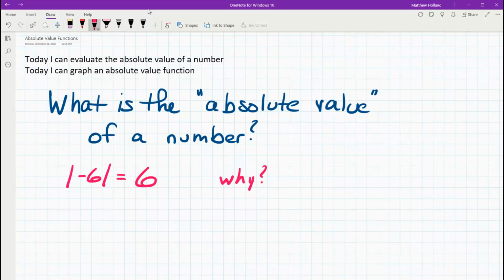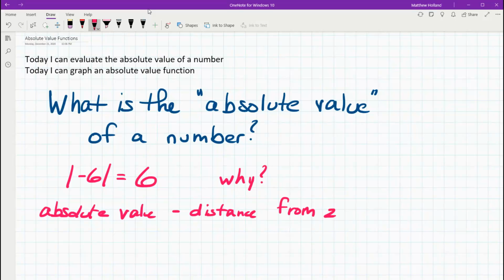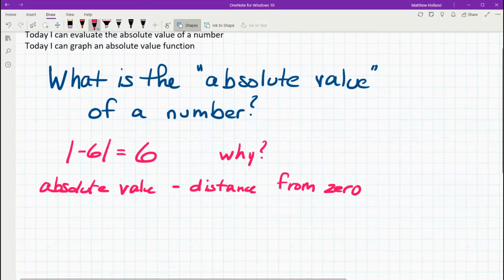Some people like to say that absolute value is the distance from 0, which is not the worst thing I've ever heard in my life. I mean, it kind of makes sense. Like if you were to look at the number -6